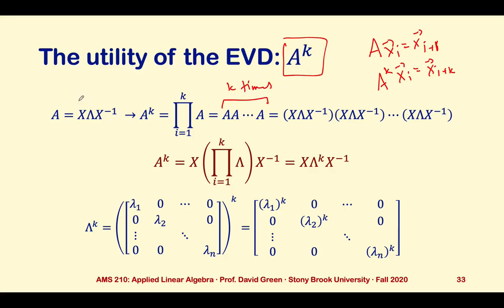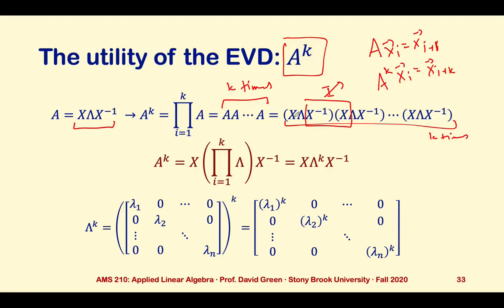And if A has an eigenvalue decomposition, then we can substitute this expression into each of these pieces, again writing this out k times. But let's take a look at what this product gives. Every neighboring term has an X inverse times X, but X inverse times X equals the identity matrix, which we can remove from the expression. What this leads to is lambda,